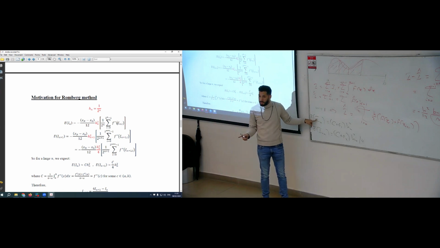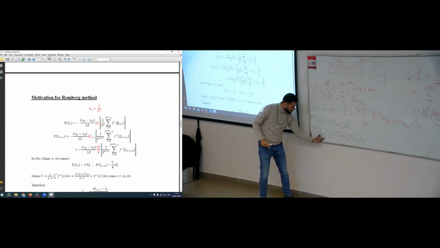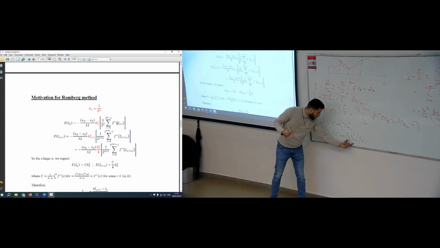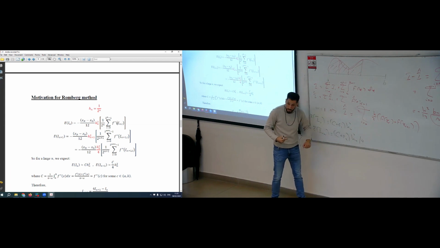What's the error now? If I take 4 of this, the integral In plus 1, with an error, and this is the integral with another error, then 4 of this minus this divided by 3 is the integral plus an error. What's this error? This error will be C Hn squared plus epsilon 2 Hn squared minus C Hn squared minus epsilon 1 Hn squared. So it will be epsilon 2 minus epsilon 1 times Hn squared, which is much less than